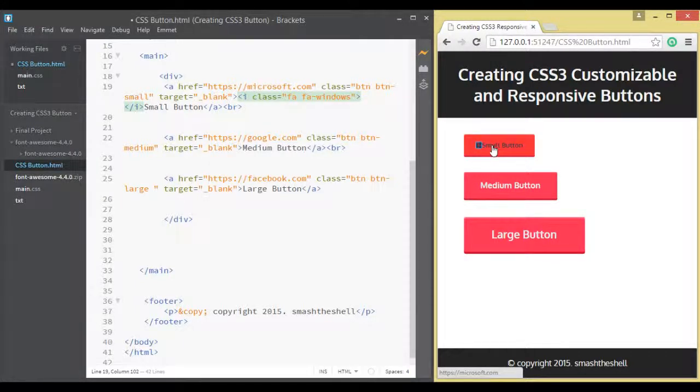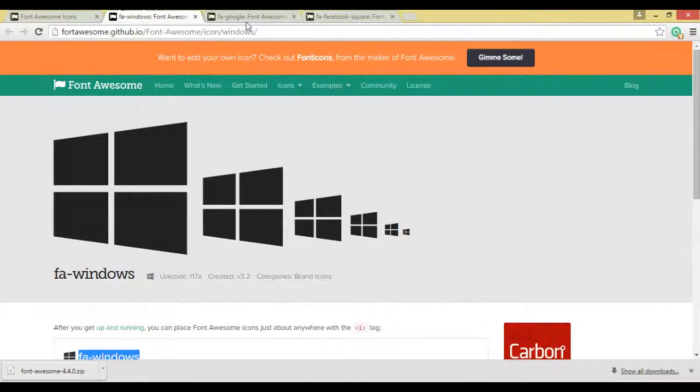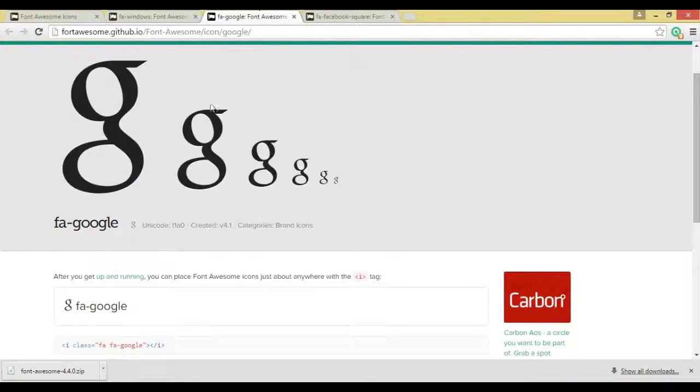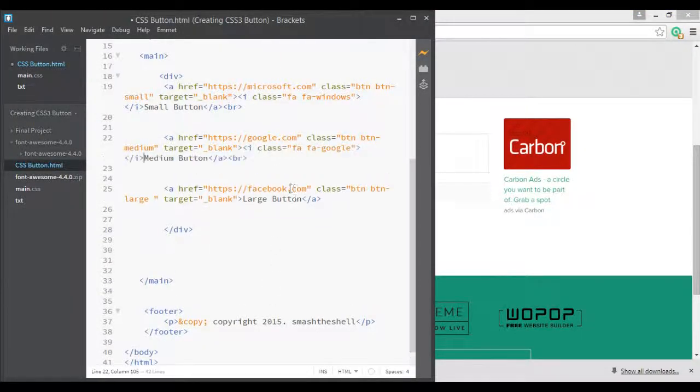Now we are going to grab icons for these two other buttons. For this medium button I am going to insert the Google icon, and for this large button I am going to insert a Facebook icon. Let's go ahead and do that. I am going to my Font Awesome website and the fa-google tab, and we can just grab this code from here and paste it inside this a element before the anchor text.